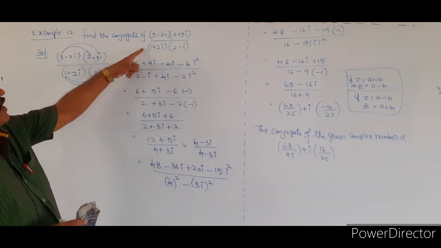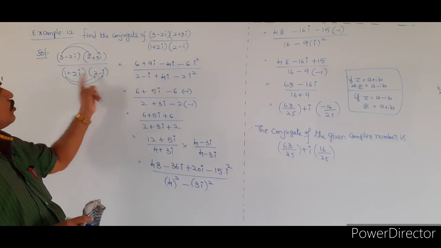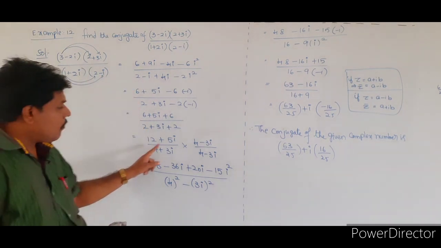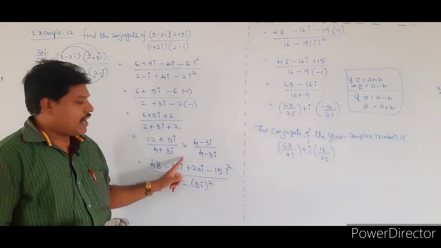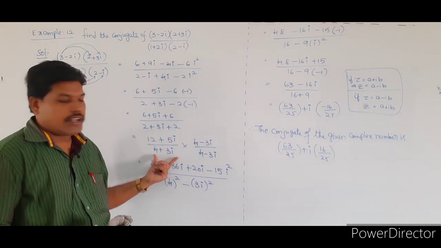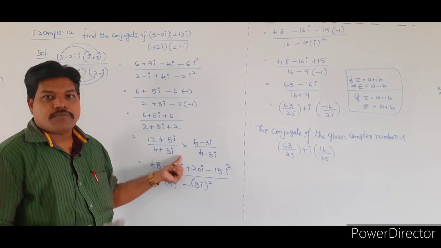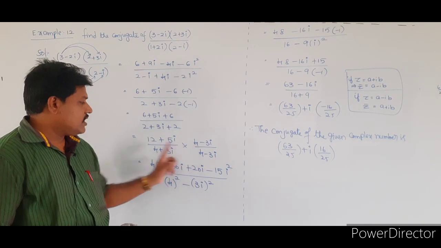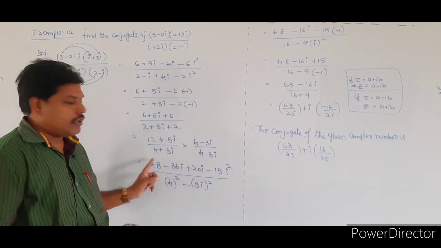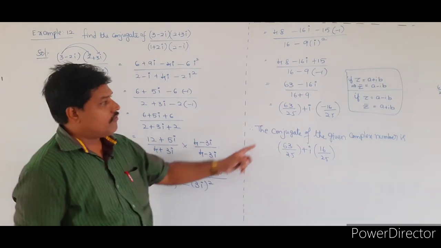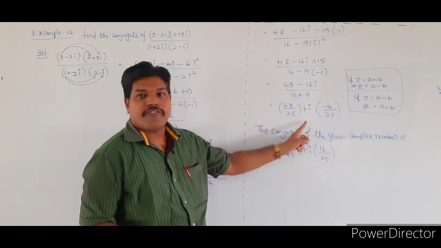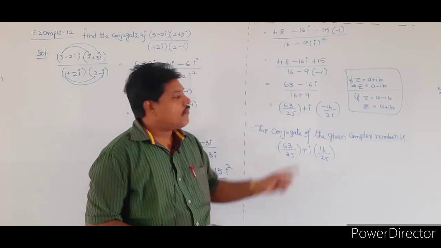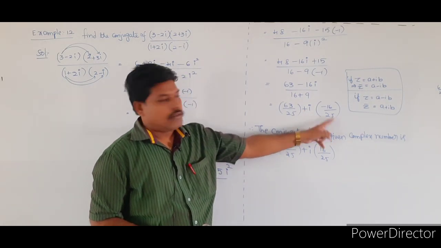So see that one first. First you have to take the given complex number, multiply the two complex numbers and simplify that. At the end what you are getting is 12 plus 5i by 4 plus 3i. Just rationalize the denominator. So 4 plus 3i is there, just multiply and divide with 4 minus 3i. Multiply the numerator and the denominator and simplify that one. You will get the form 63 by 25 plus i into minus 16 by 25. It is in the form of a minus ib. Yes or no? This is the minus is there.